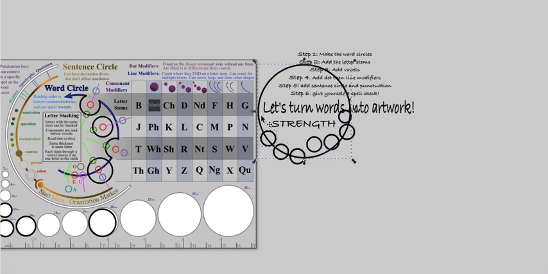So I'd be taking my eraser, and that's actually a deep divot. There we go, now it's a shallow divot. Bam. Okay, so there's the S, the T, the R, the N, the G, the T, the H,